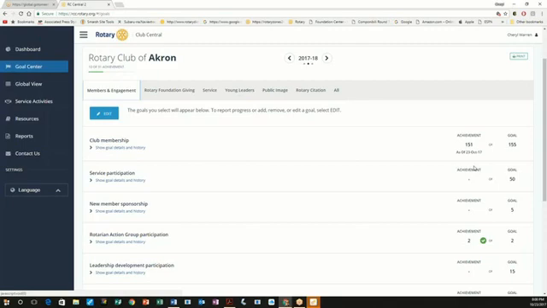Most of our clubs are using Club Runner now, so it's a good idea to look at your Club Runner data and make sure you know who's entering that data and how it's being synchronized, because some of that information really drives who can access your database up here at Rotary International and who can edit your goals, and it affects some of your achievements as well. We're here to help you in any way we can to ensure we have clean data.